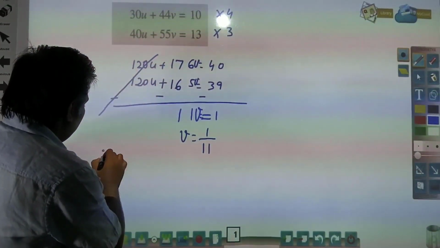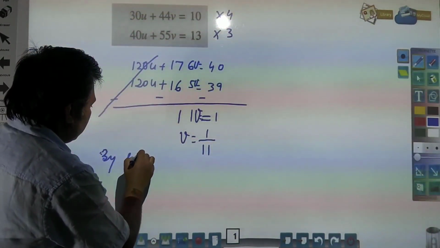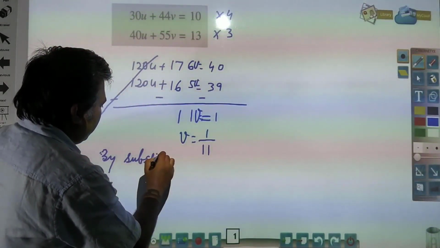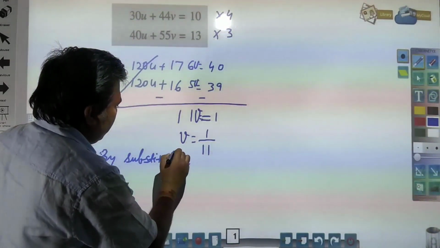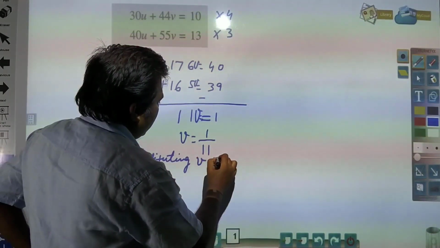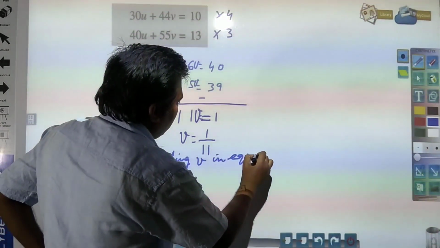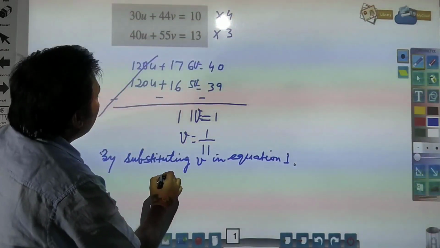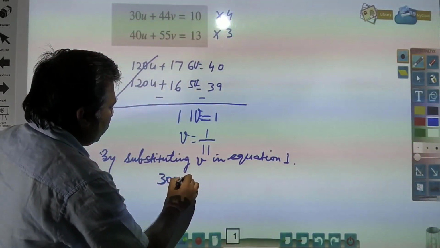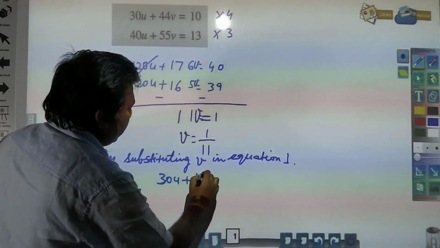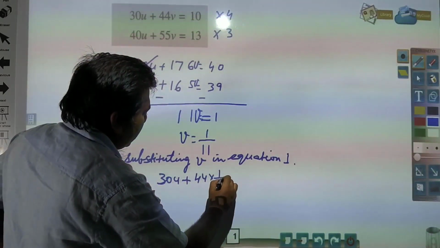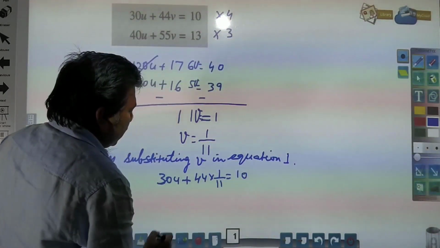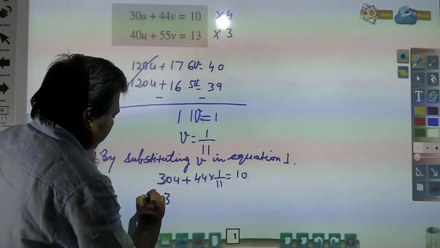So by substituting v in equation 1, what you will get? 30u plus 44 into 1 by 11 is equal to 10, and this will be 30u